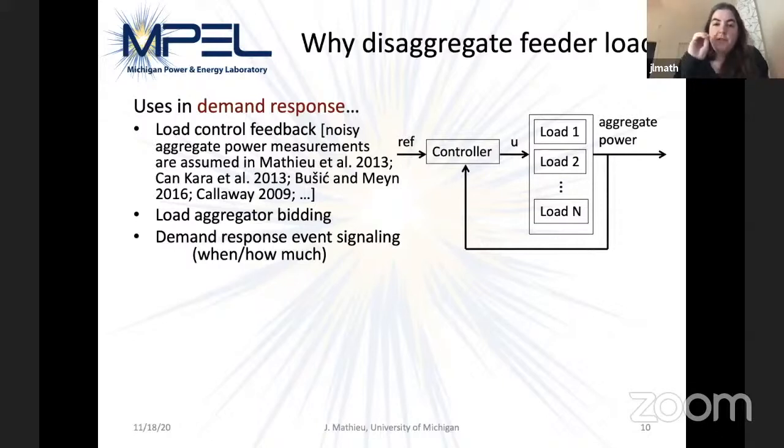So if you can get the control signal out, but can't get the feedback back, instead we often say, let's assume that we can take a measurement in the network. So we'll take a measurement at the substation. That measurement includes the aggregate power of the loads you're controlling, plus everything else that's happening. So a lot of papers have said, well, we're going to estimate everything else that's happening and subtract it out from the feeder measurement, and that's going to be the aggregate power of the loads you're controlling. Is that a good assumption? It's not quite clear if that's sufficiently accurate, but a lot of these control strategies assume that measurement is noisy.